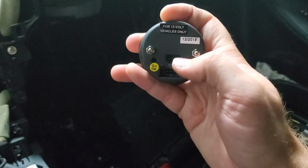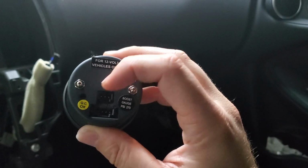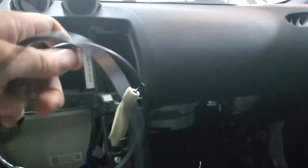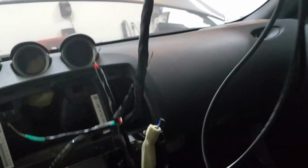We're going to have the single plug here, which comes from each of the sensors, one from that fuel pressure sensor coming out from the passenger side, one from that boost gauge, which I already showed you down there, that pressure sensor. So that sensor is going to plug into that middle plug with the 3 prongs, and this one on the bottom is a 4 prong. So what I've got up here are those 2 plugs, one for each of the gauges, and then those aren't long enough by themselves. They don't really go very far, so I ended up adding an extension to it by soldering in some